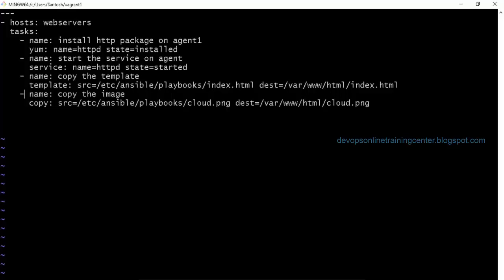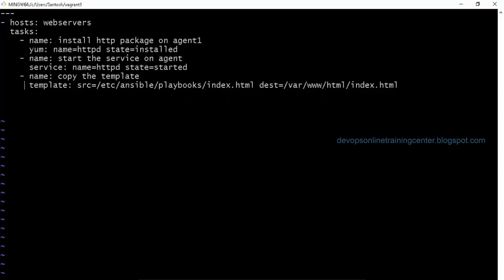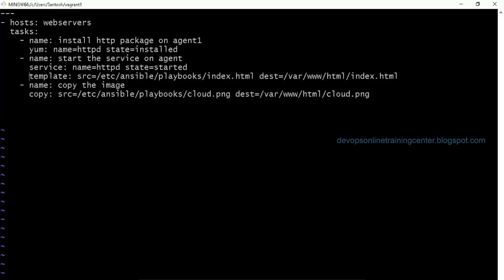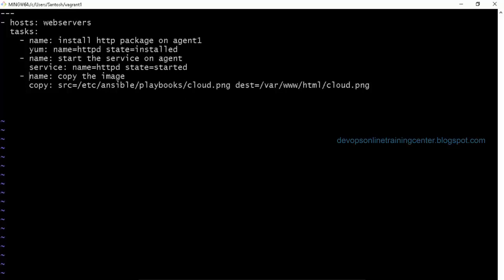We have to change the task, right? It's going to be a different task. What is the task I need to change? Copy. Yeah. So I'll remove this template, copy the war file from the server to the test nodes.